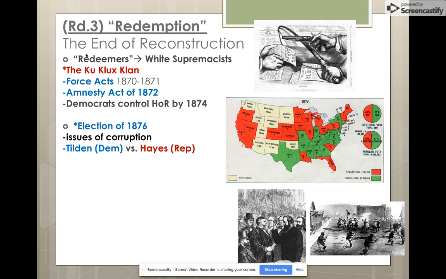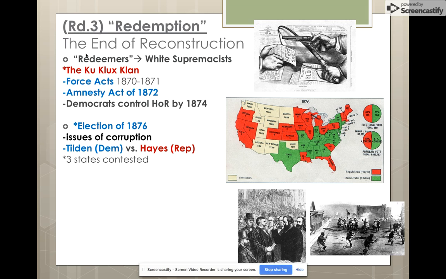against Samuel Tilden, Democratic candidate from New York. Tilden was known for his fighting against guys like Boss Tweed in New York, and we'll talk about that next unit. In this vote itself, there are 3 states, Louisiana, South Carolina, and Florida, where the votes are contested. Tilden needed 1 electoral vote from any of those 3 states, just 1 single electoral vote, and he would get